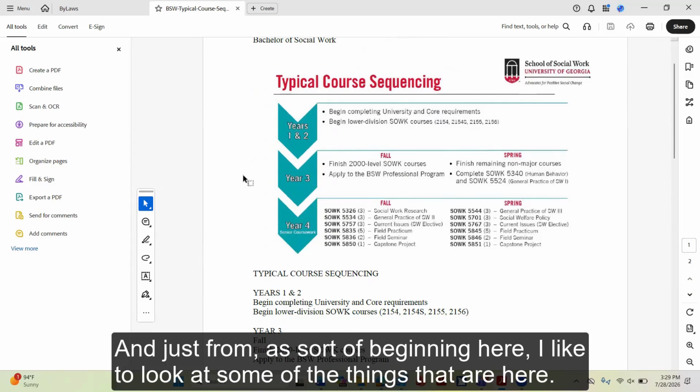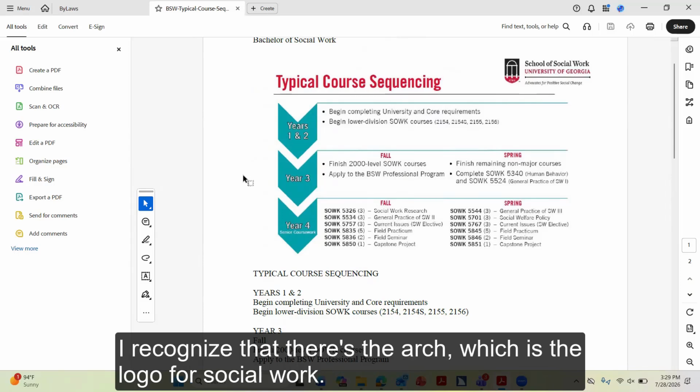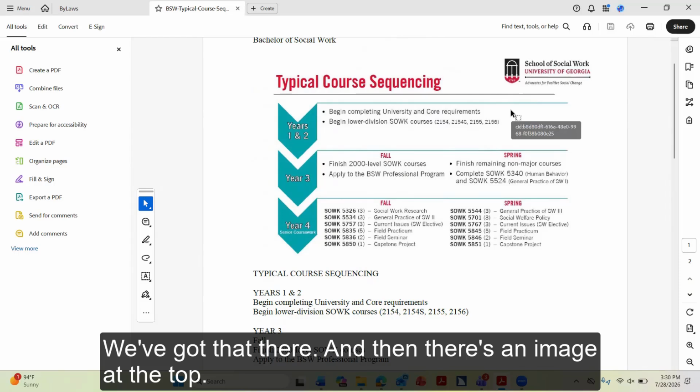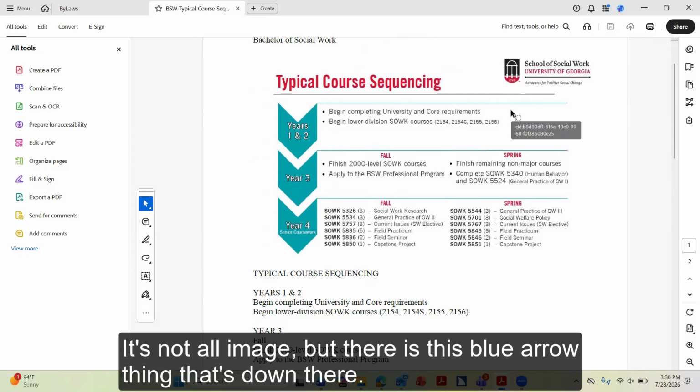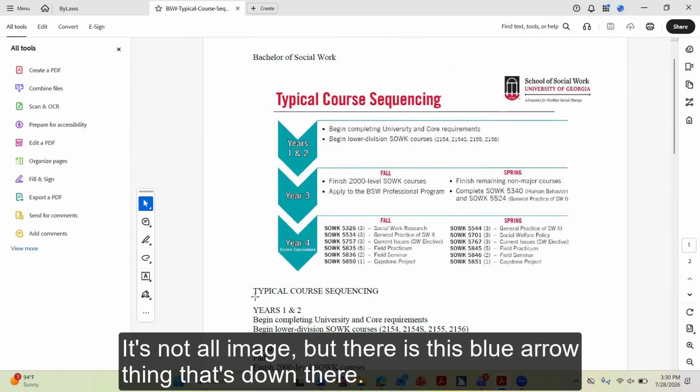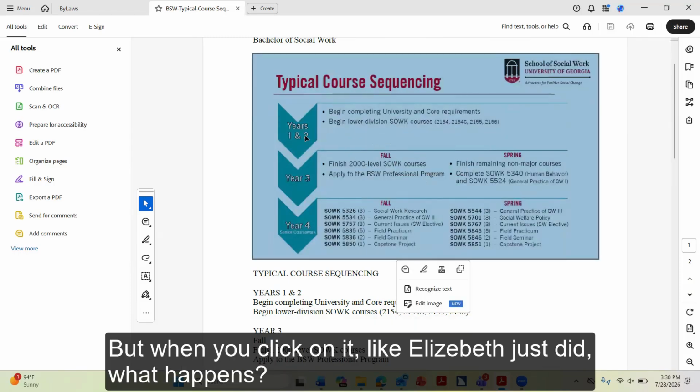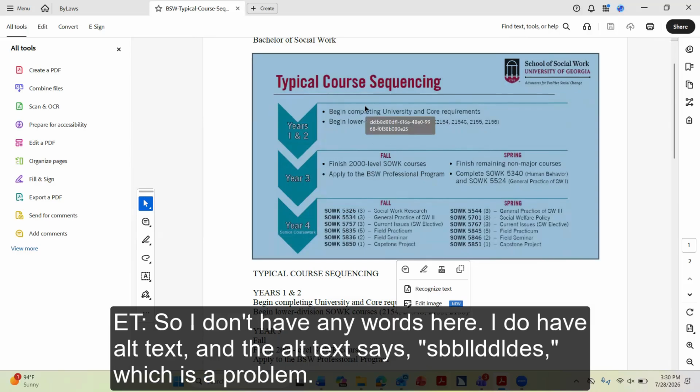And just as sort of beginning here, I'd like to look at some of the things that are here. I recognize that there's the arch, which is the logo for social work. We've got that there. And then there's an image at the top. It's not all image, but there is this blue arrow thing that's down there. But when you click on it, like Elizabeth just did, what happens? I don't have any words here. I do have alt text, and the alt text says